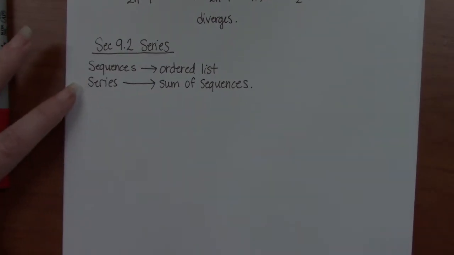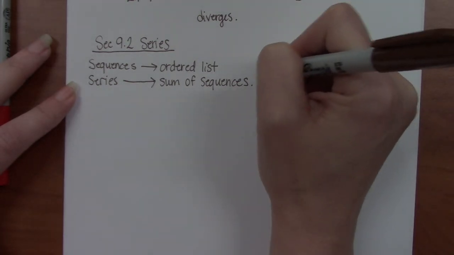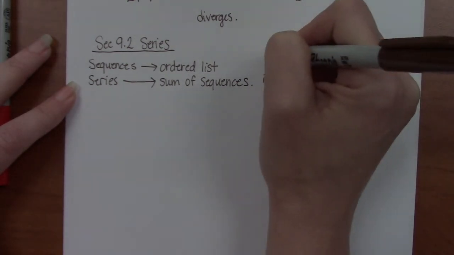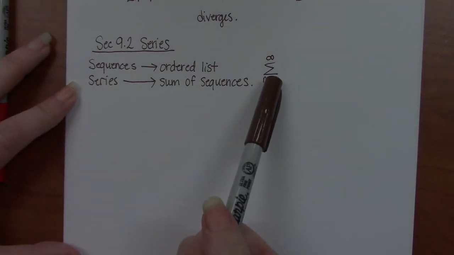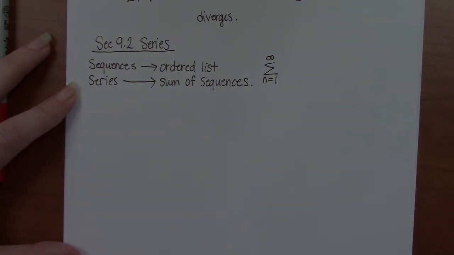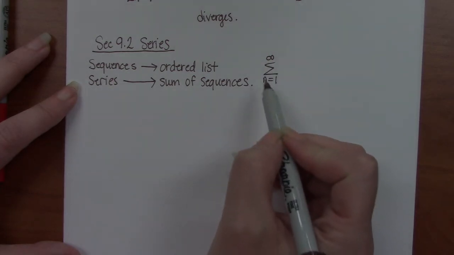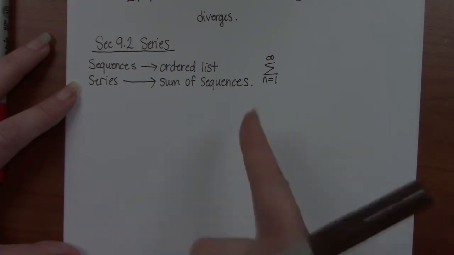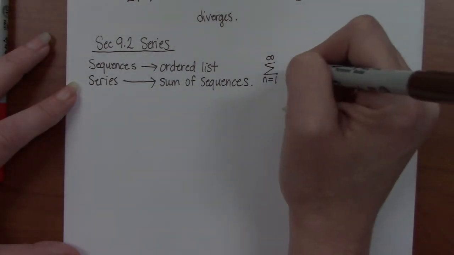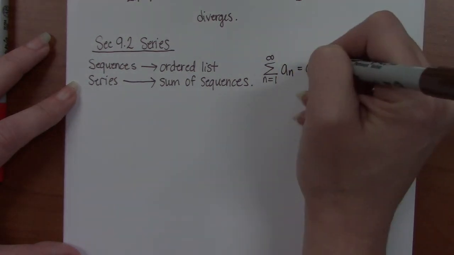So to get our notation down, rather than listing the terms from 1 to infinity, we're going to be adding. Sigma is what we use when we want to add a discrete number of things, meaning we're adding individual lists. We use integrals when we want to add continuous things, right? Because when you're doing an integral, you're adding all the area under a curve, and you need every intermediate value of x. For sequences, they're indexed and you're plugging in discrete values, right? So the length of the list is not discrete, it's infinite, but the individual values we're putting on there are. So now, if we have some a sub n term, what we're saying